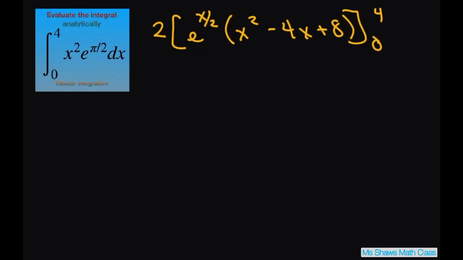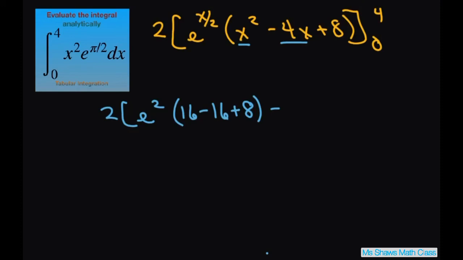Now let's go ahead and plug in 4. So this would be 2 times e to the 4 divided by 2, which is e squared. And then plugging in 4 here, you're going to get 16 minus 16 plus 8. Okay. And then for the 0, you're going to get minus,